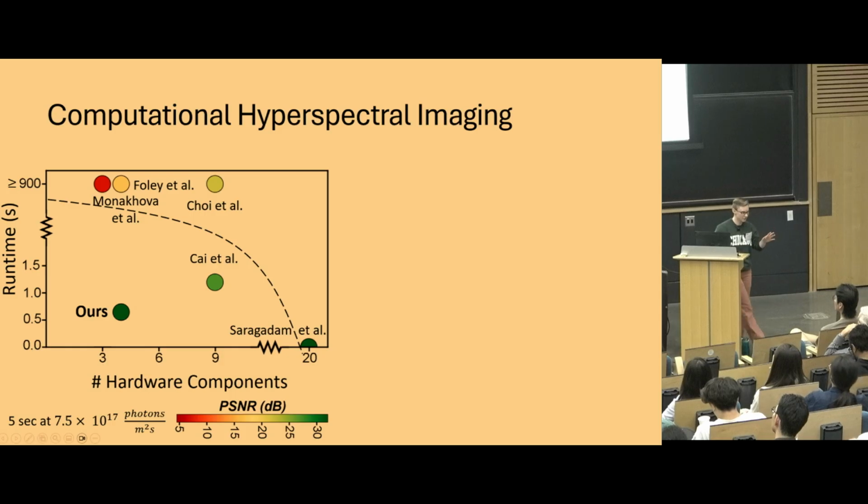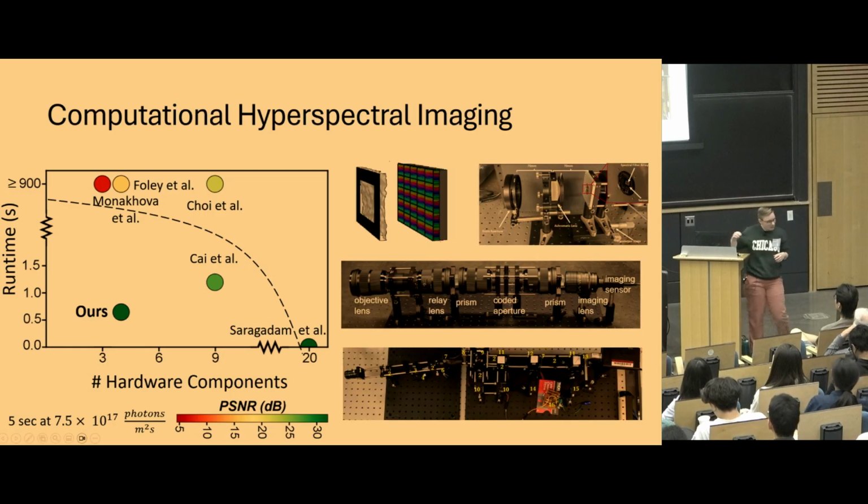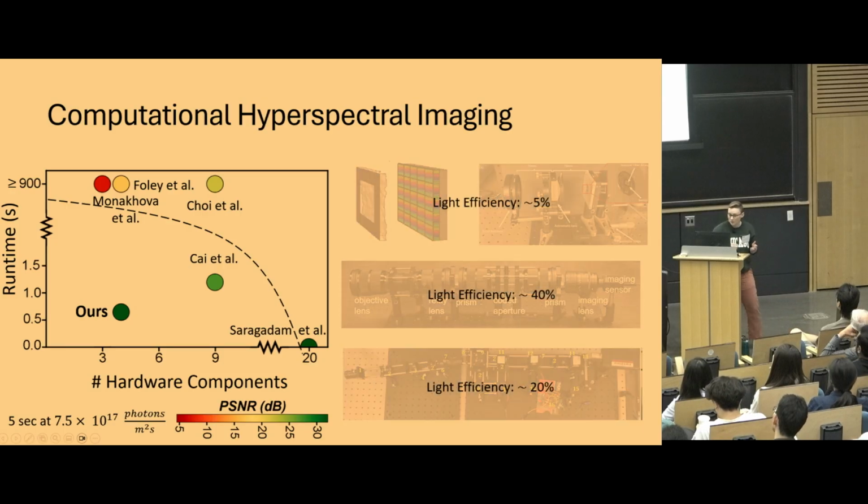And there's a good reason for this. It's that all of these systems, they take this inverse imaging approach where you add things to make the inverse problem better posed. You add filters, you add coded apertures, and all of these end up throwing away a lot of light. So just because they make the inverse problem better posed, at the noise level that we're interested in, throwing away the light is not worth it. So we believe that our high light efficiency is really what is driving the PSNR that we're able to recover.